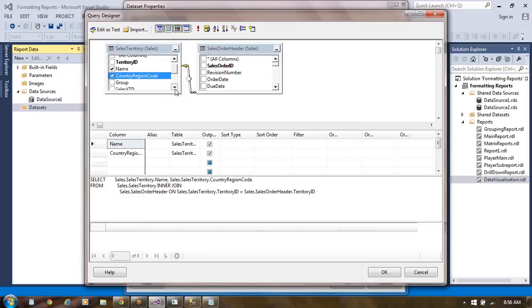Then we use the territory from the sales territory. Territory ID is available for us here. So territory group, let us choose in this. We choose territory group. Then the other thing is sales order header due date.